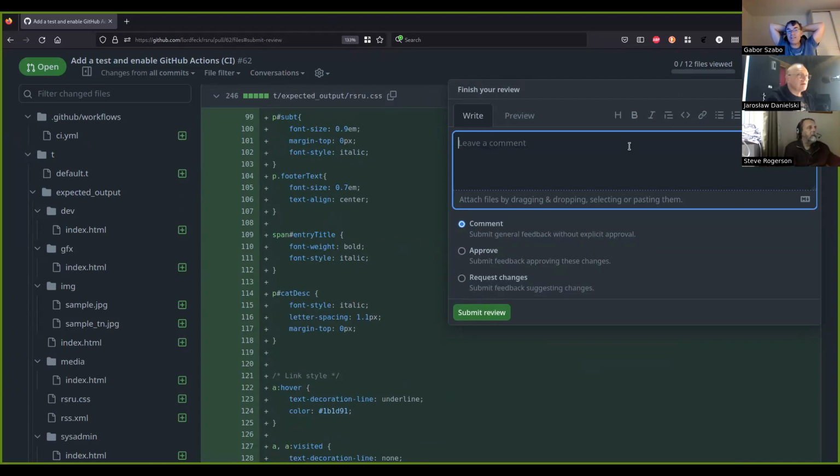I never did this actually. I never have reviewed a pull request in a repository of someone else, only just mine. So